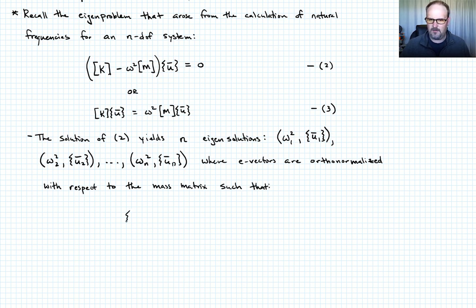we could write u bar j transpose times the mass matrix times u bar i, right? That quantity is going to be equal to 1 only for the case where i is equal to j, and it's going to be equal to 0 for i not equal to j. Okay, let's call that collectively equation 4. Okay, so that's just the definition. So we're going to normalize all of our eigenvectors in such a way that equation 4 holds true for all